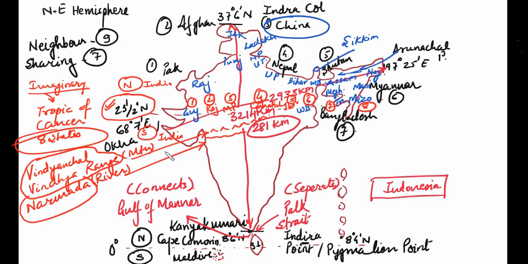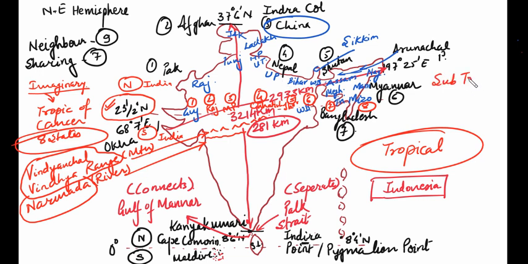Also, one should note that if you have read somewhere that India is which type of country according to climate, we say that it is a tropical country. India is a tropical country. Okay, but when we go into microclimatic regions, we find that the northern part is subtropical, and the southern part, South India, is the tropical one, the northern one is the subtropical one. Okay, so this again one should remember.